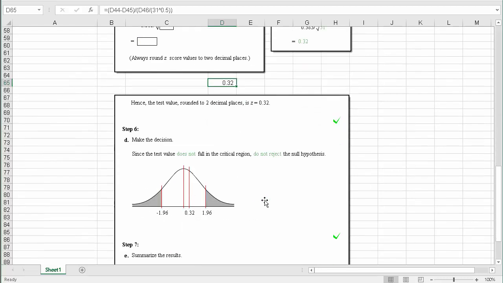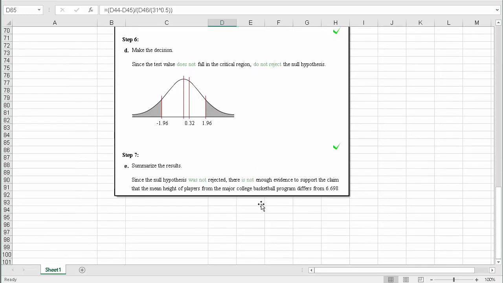And so we make the decision, and the decision says the test value, 0.32, does not fall in the critical range, right? It's not outside of either of the tails. So we should not reject the null hypothesis. And to summarize the results, we simply say, since the null hypothesis was not rejected, there's not enough evidence to support the claim that the mean height of players from a major college basketball program differs from the 6.698